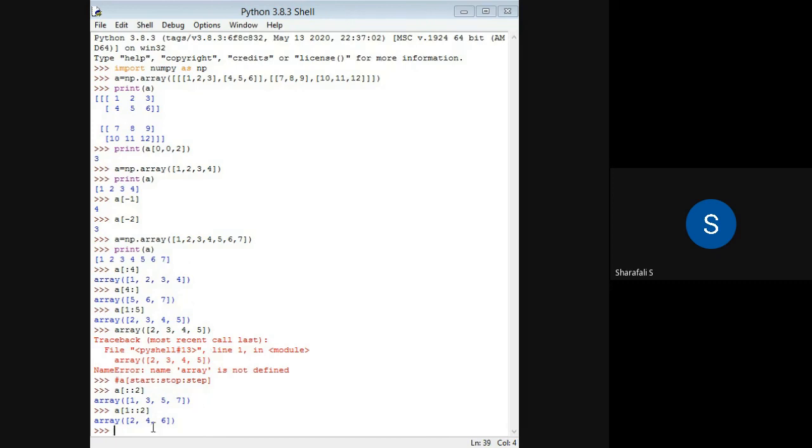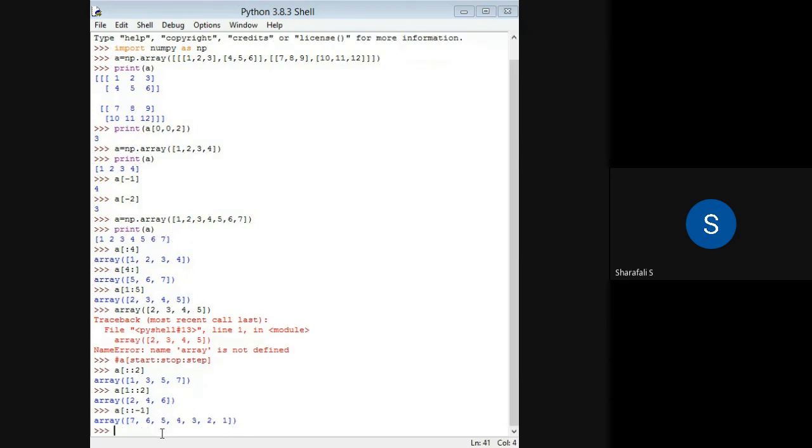Okay. You can also give negative indexing here, just like -1. This will give you all the values in reverse order. It will start from 7, and then give all values in this way from right to left. So all the values will be reversed. You can see that from here: 7, 6, 5, 4, 3, 2. The elements are just reversed.